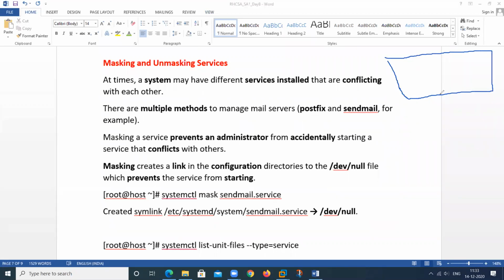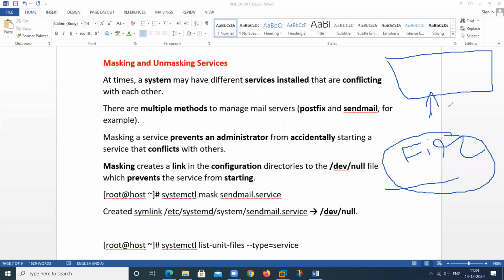Suppose we have a service that is firewall. You all have knowledge about the firewall. To control the firewall, we have firewalld. And in RHEL 6, we also use iptables. These two things are used to control the system.